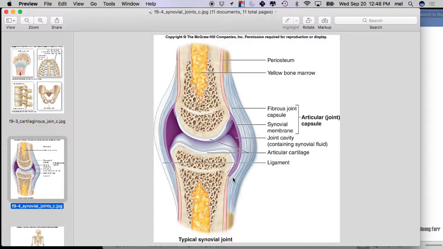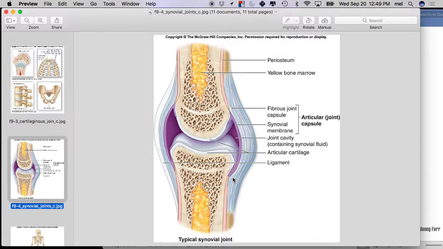But then that alone doesn't hold the sides together very well. So in addition to that, what I have around the outside, this is the synovial membrane, right? And that's the inner layer of the joint capsule. And then around the outside, imagine I take a tube sock and I pull it all the way up over my knee. So the tube sock is continuous with the periosteum here, runs around the knee, and is continuous with the periosteum there. It actually weaves into the periosteum because the joint capsule is also, on the outside, made of dense, irregular connective tissue. Does that make sense? Okay? So that's actually what holds it together, the entire capsule. This would be like the knee.